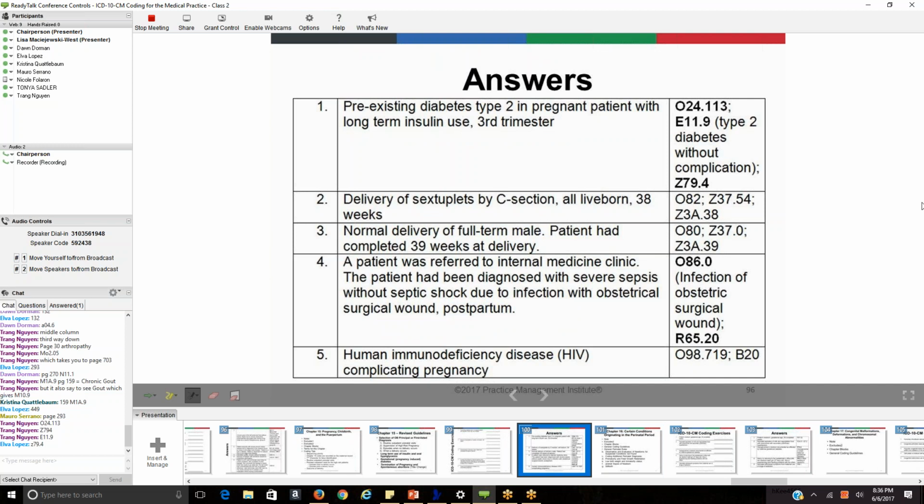And then what we're going to do to make sure that we get to Chapter 19, we're going to go straight to Chapter 18. Chapter 16 and Chapter 17, certain conditions arising in the perinatal period, and congenital conditions, deformations, and abnormalities, don't really have any chapter-specific coding guidelines, with the exception of the perinatal period. We have some coding guidelines for low birth weight and immaturity status, bacterial sepsis of a newborn and stillbirth